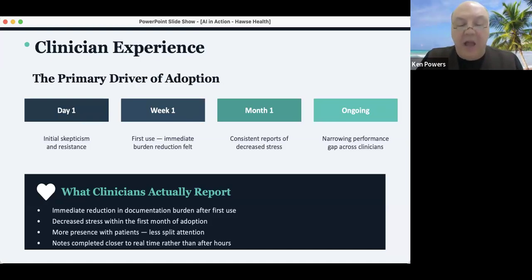I don't know that ambient AI necessarily helped me to be able to do it quicker, but what it did help me do was to use less brain power for the note and more brain power in the session. In other words, I was able to be more present. And so early on, when I'm using ambient AI, having followed all these steps, informed consent, agreement from guardians and